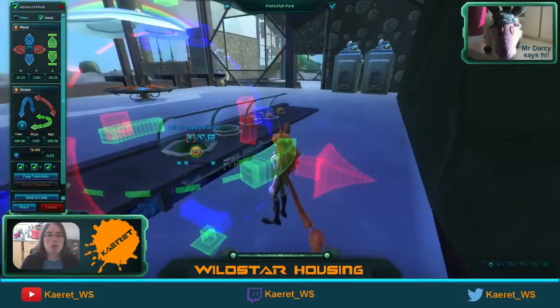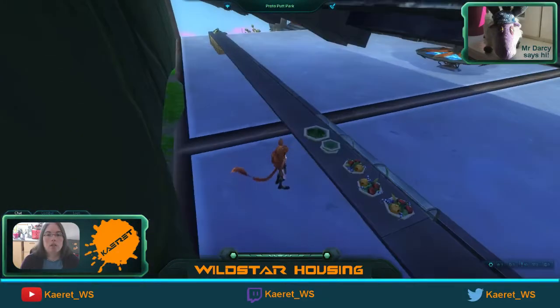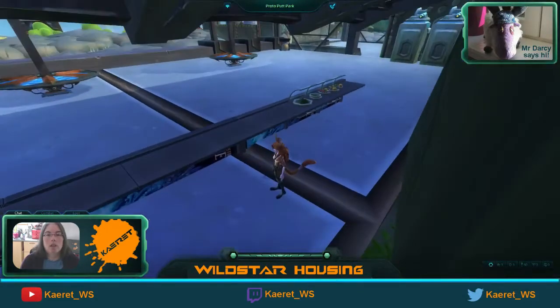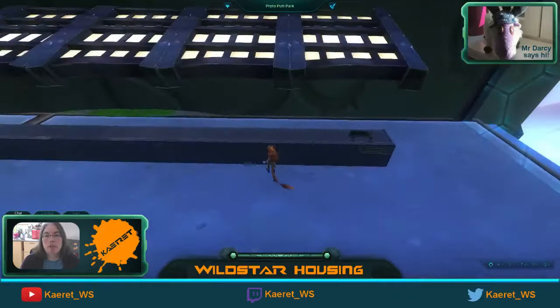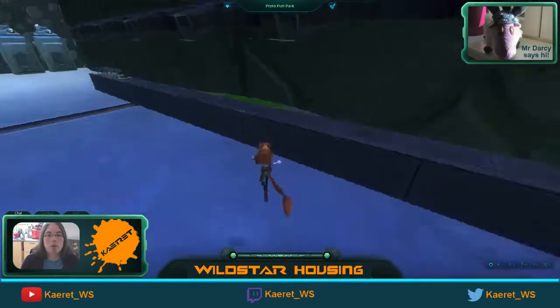Just double checking all the angles again. So yeah, that's a start on the food line. So then maybe when you get closer to the end, that's where the condiments and stuff are, or you have the drink bar. So maybe